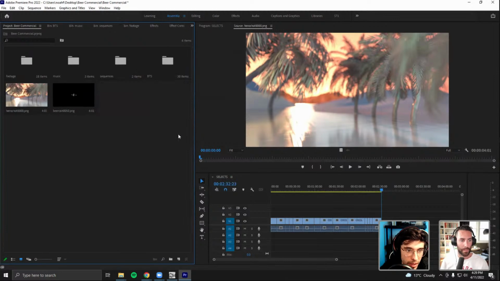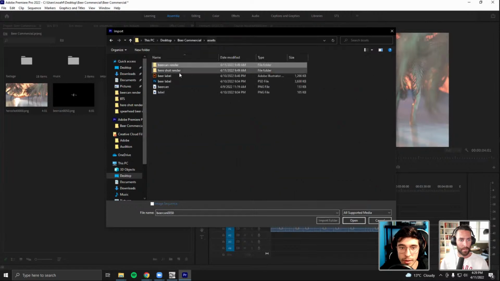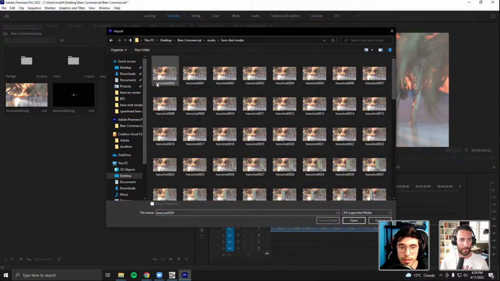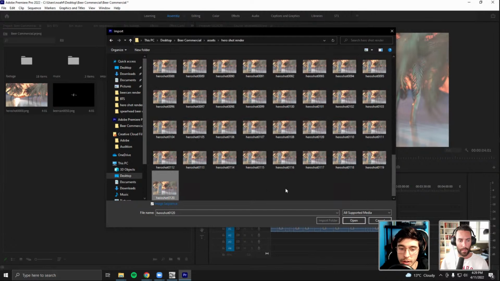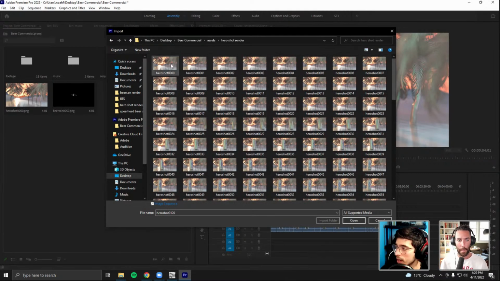It's the way that they're labeled, right? So I guess I can delete this, but the way that they're labeled, so here, I'll choose a better example. It's hero shot 0001, and this is labeling each frame. So it goes 0, 1, 2, 3, 4, 5, all the way to 120. So you could really just take any sequence of image files and give them an incremental file name with a number, and Premiere will make it an image sequence. So yeah, it's exactly the same process as doing a time lapse.